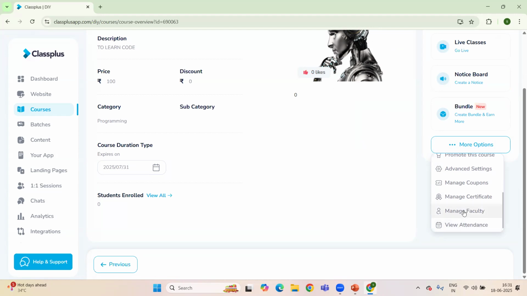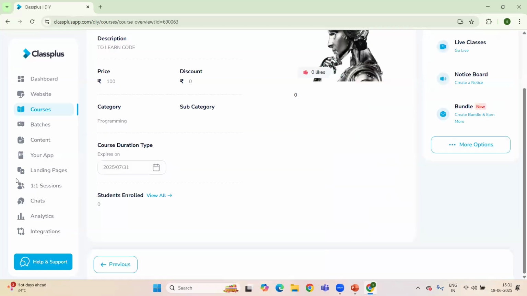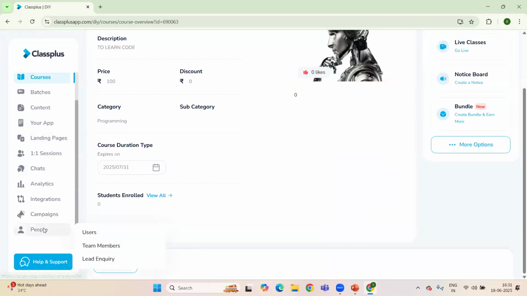When I click on manage faculty, I can add faculty members also, but before that I need to create a team member. So here's the option in the left panel, People, and under People we have the option Team Members. So we can create a team member first, and then we can easily add the faculty member under the courses as well.